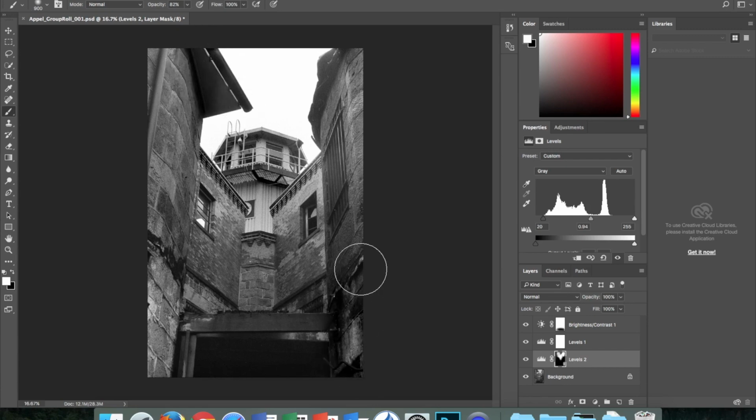And so, you know, if that's too dark, too dramatic, I can lower my opacity, switch to black, paint that away, switch to white, and give it a little more. And you can do this for any layer adjustment that I want. So again, before,